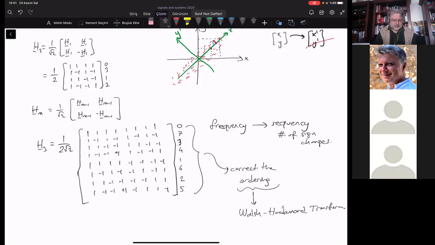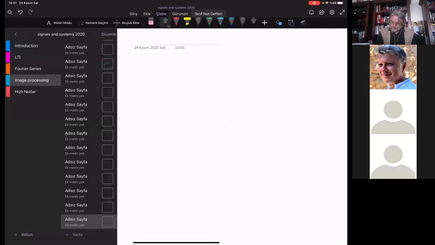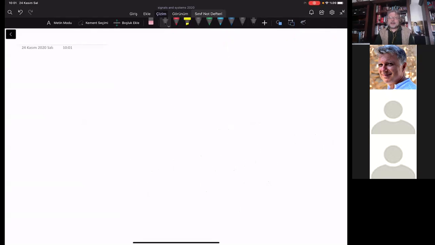Okay, and the last box transform that I want to talk about is called the Haar transform. The Haar transform is quite different from the Hadamard transform. It's quite different from the other sinusoidal transforms too, because when you look at the basis functions or the basis images, which are the outer products of the basis functions,